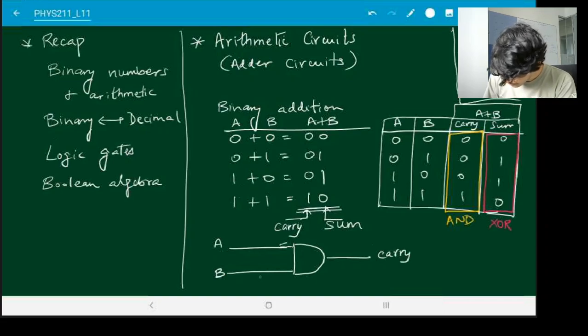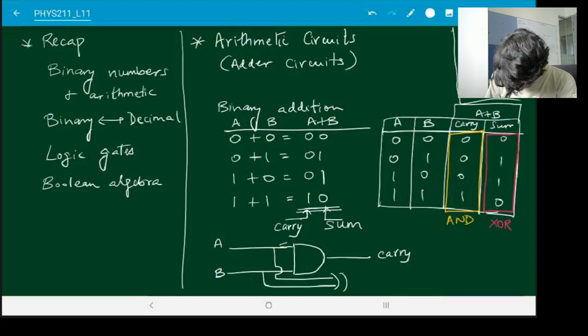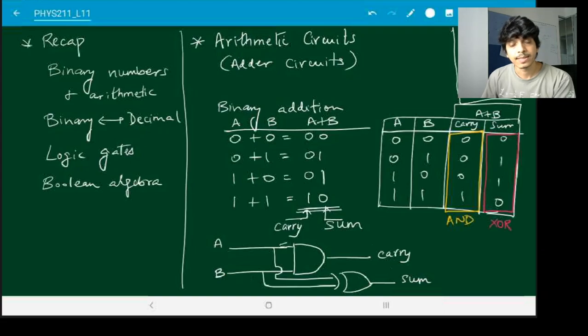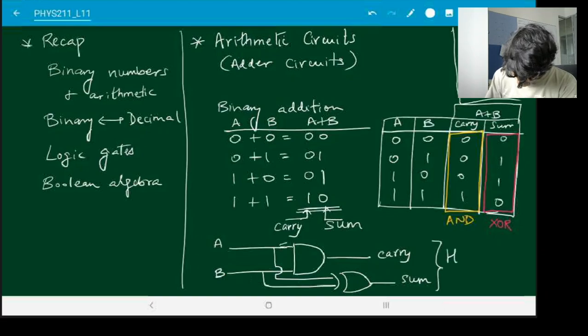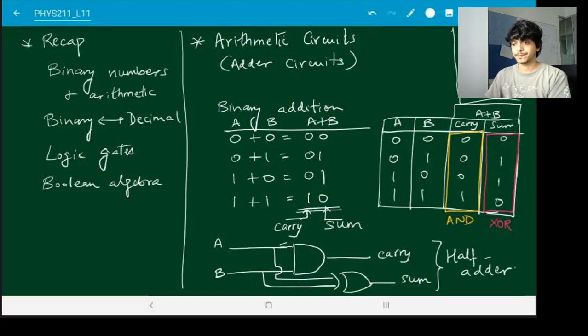But you might also want to pass them through an XOR gate, and this gives you the sum. So you get the two bits, the sum bit and the carry bit, and this is how you can add the two numbers. So this circuit that we have drawn over here is called the half adder circuit.